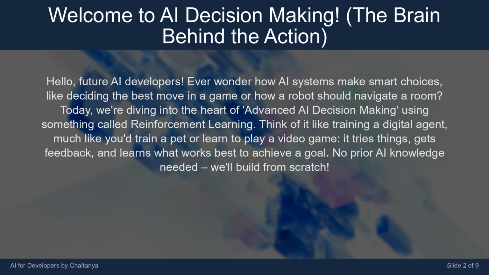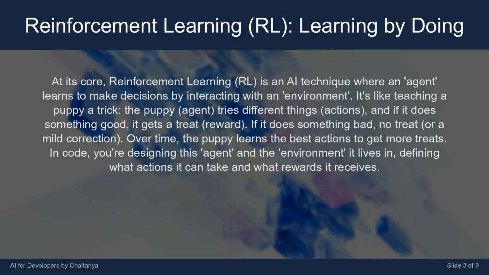Think of it like training a digital agent. Much like you'd train a pet or learn to play a video game. It tries things, gets feedback, and learns what works best to achieve a goal. No prior AI knowledge needed, we'll build from scratch. At its core, reinforcement learning, RL, is an AI technique where an agent learns to make decisions by interacting with